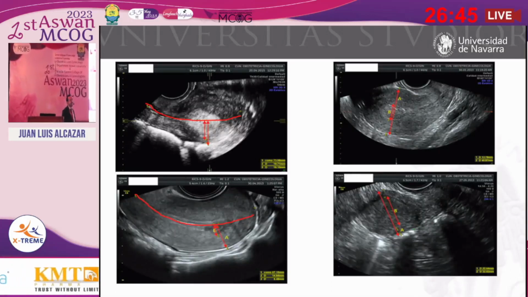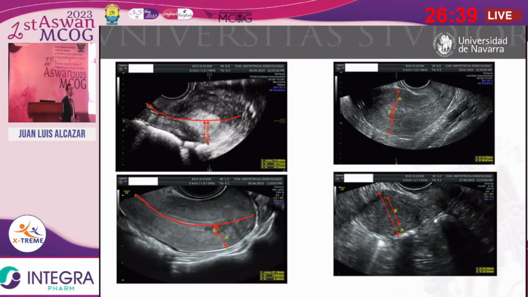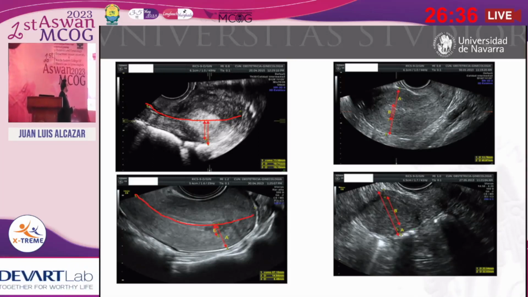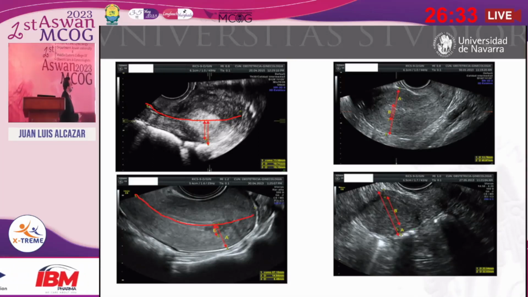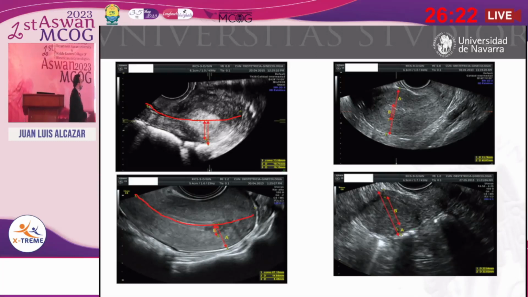So the literature is plenty of papers addressing how to evaluate myometrial invasion in endometrial cancer. Basically, we have two objective methods. Carlson's method is just a ratio between the endometrial thickness and the anterior-posterior diameter of the uterus in the sagittal plane. If this ratio is above 50%, we consider there is a deep infiltration of the myometrial wall, like this case. If the ratio is below 50%, then the case is considered to have less than 50%